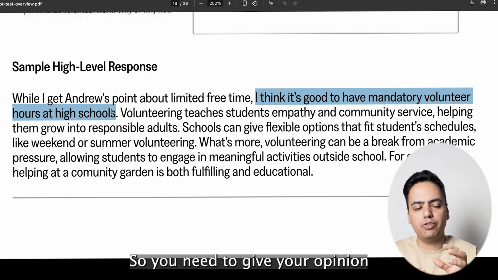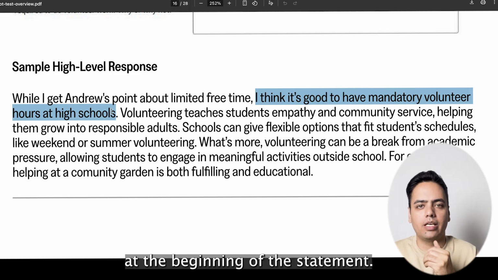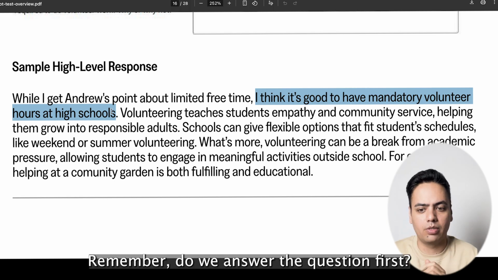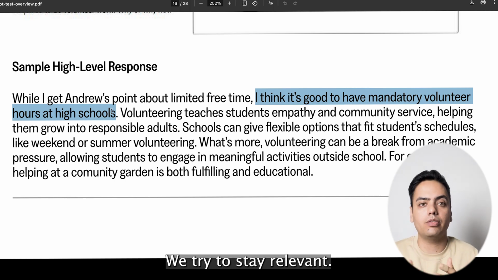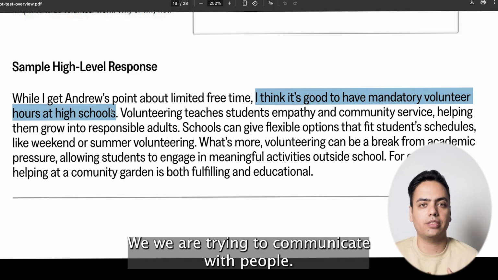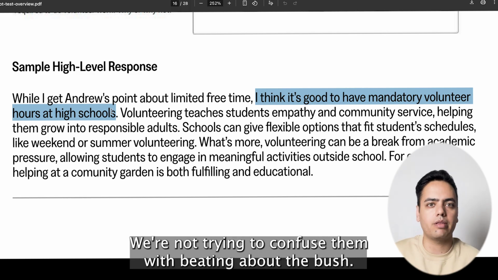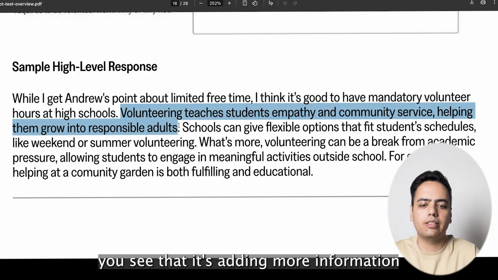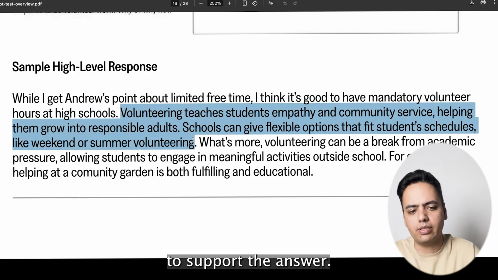So you need to give your opinion at the beginning of the statement. Answer the question first. Remember the rule. We answer the question first. We try to stay relevant. We are trying to communicate with people. We're not trying to confuse them with beating about the bush. And then you see that it's adding more information to support the answer,